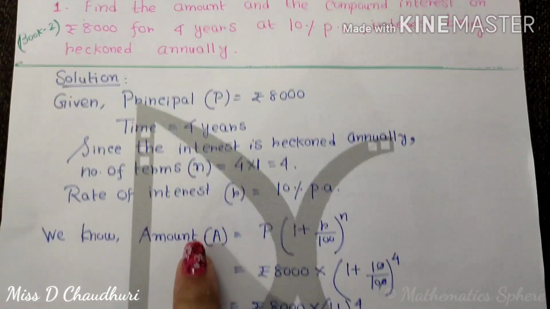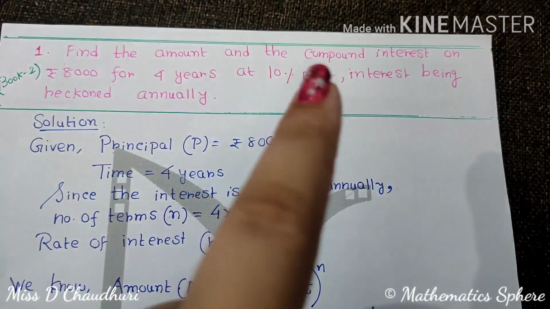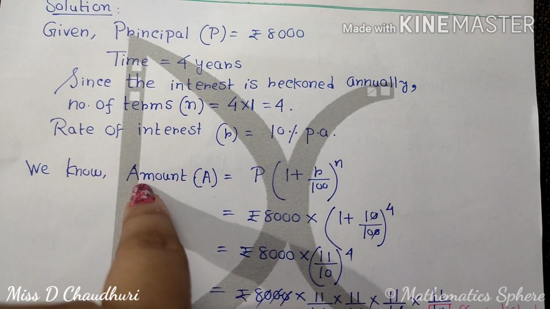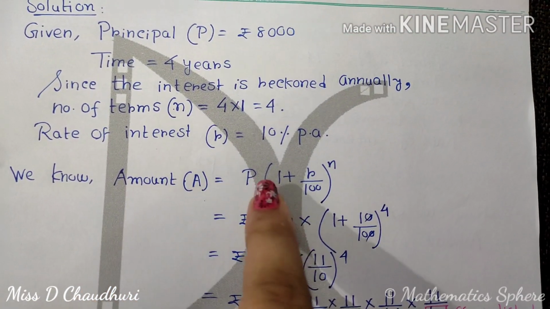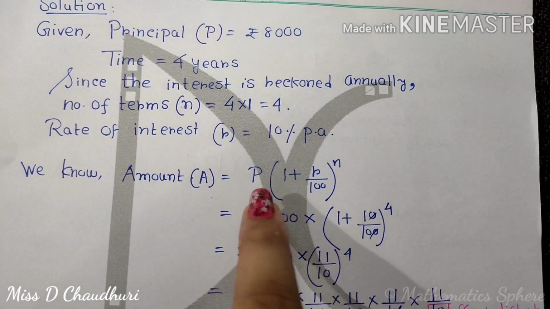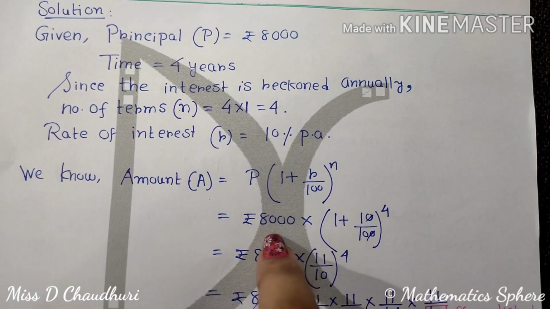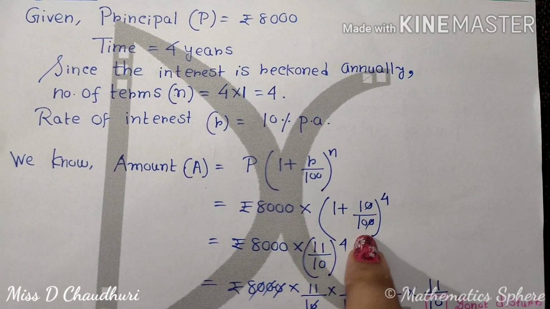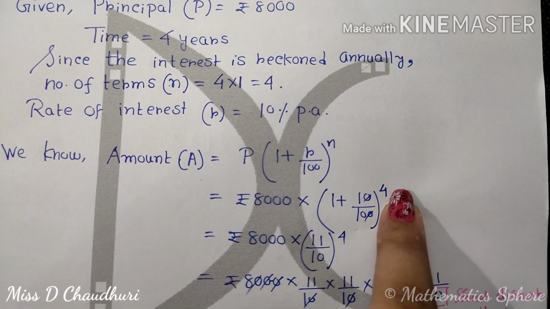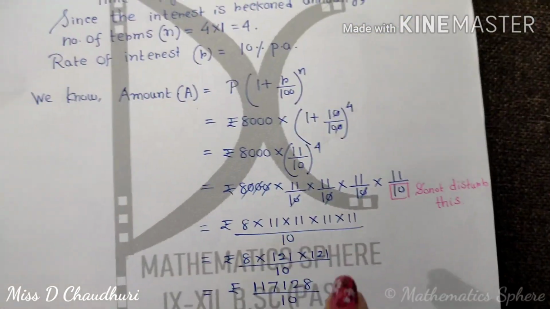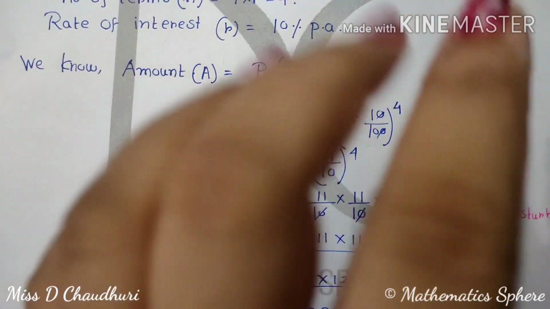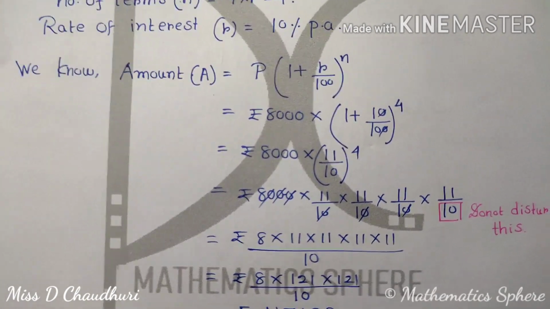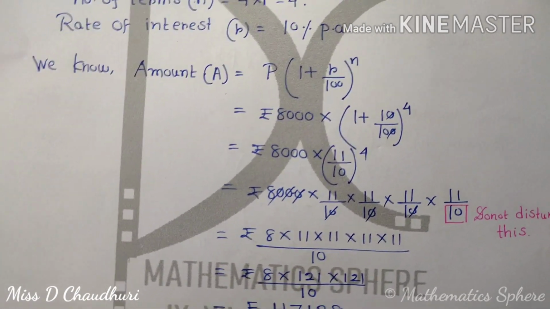Now it is the time for finding the amount. Don't think about the compound interest now. So first write here amount, then in bracket you write A, equal to, we know this formula. Now put the values. So in place of P we are putting 8,000 into 1 plus R, that is 10 by 100, whole to the power 4, because n is 4 here. Now see, be careful about the calculation here, because sometimes the calculation becomes too tough for this type of sums.